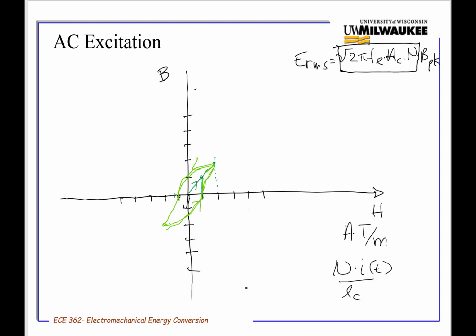You have control over the turns and the core area, and so you can pull B peak out of this whole thing, or you could just say B peak equals E RMS divided by square root of 2 pi Fe area of the core turns. And now you know. And so you're going to use the B peak, you're going to apply the H,